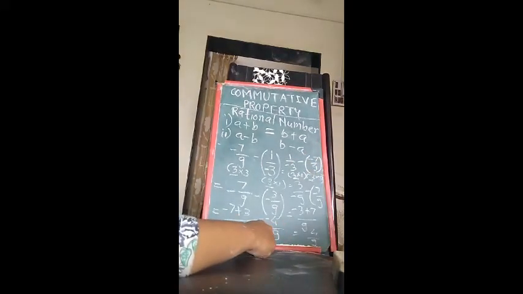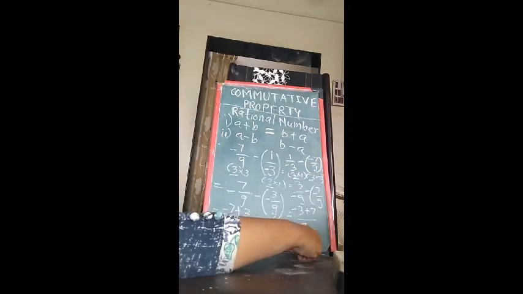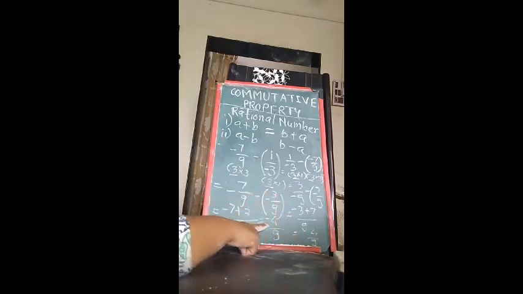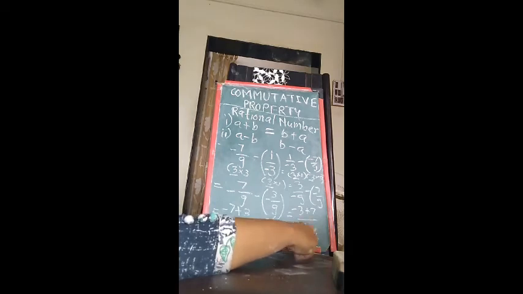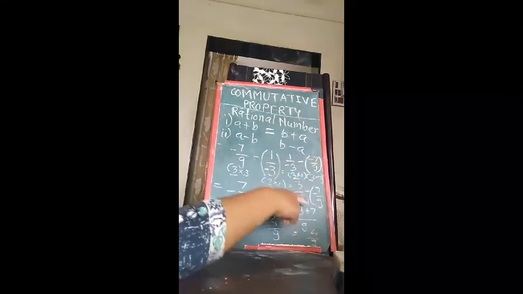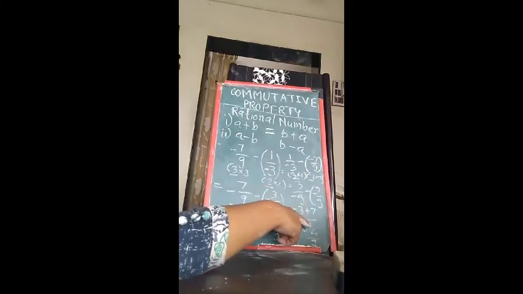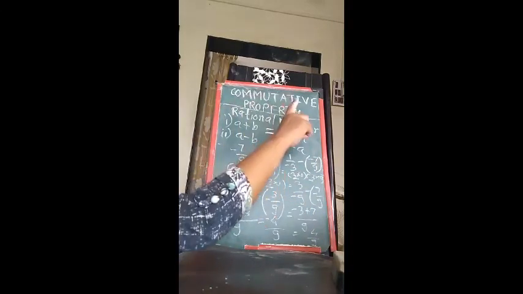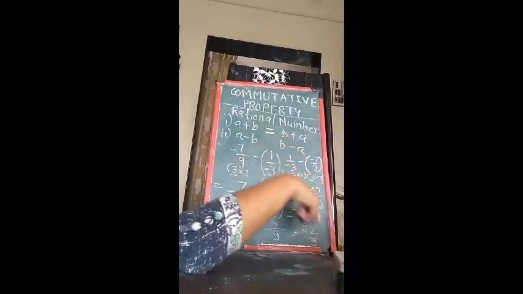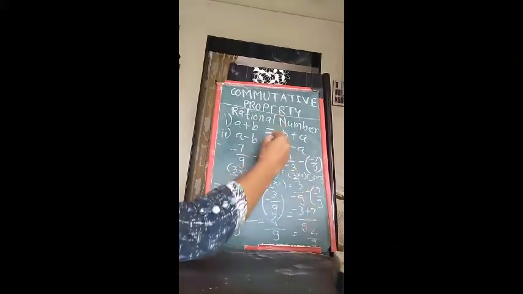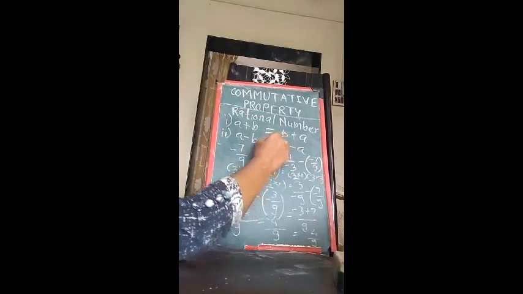So for both the numbers there is a 4 upon 9, 4 upon 9, but just look at the sign. Here minus 4 upon 9, here plus 4 upon 9. These two rational numbers are different. So this property is not applicable for the subtraction. Commutative property is not defined for the subtraction. So we are going to write it as not equal to.